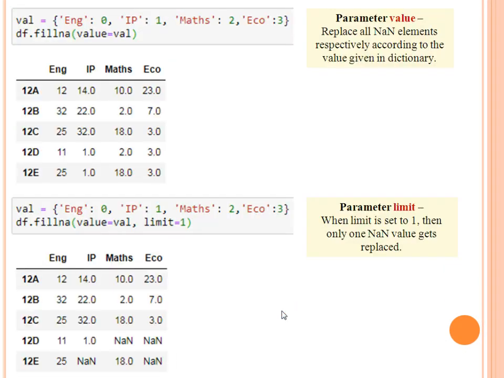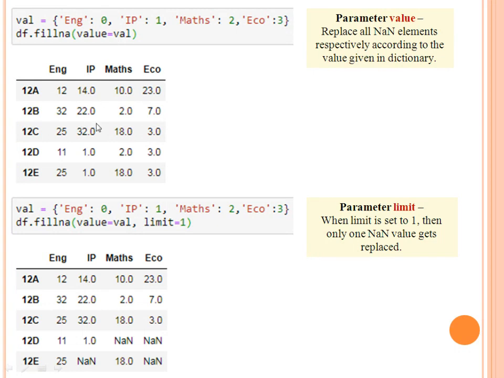So we'll move ahead and see the next parameter, value. So here we can accept the values from the user. Okay. So we can accept the value in val, and in the form of a dictionary we place it: English 0, IP 1, Maths 2, Eco 3. It means all the NaN values which are present in these columns, English, IP, Maths, Eco, are replaced by English 0, IP 1, Maths 2, Eco 3.